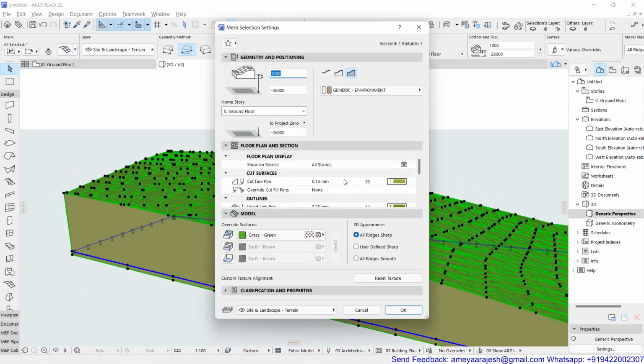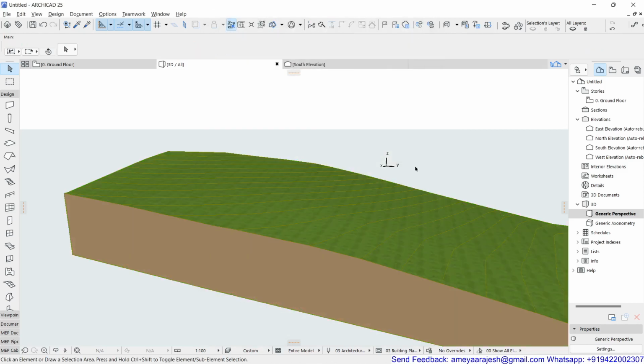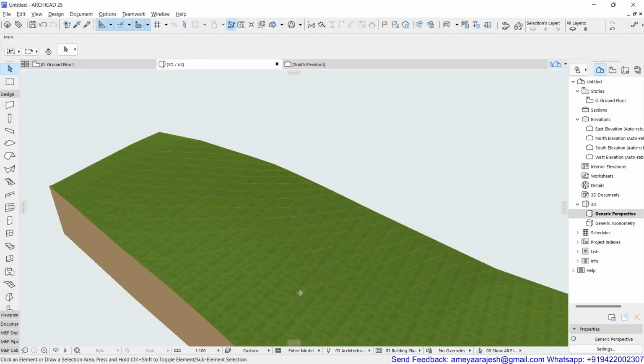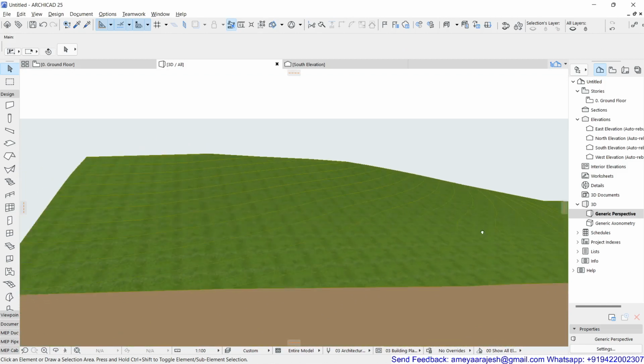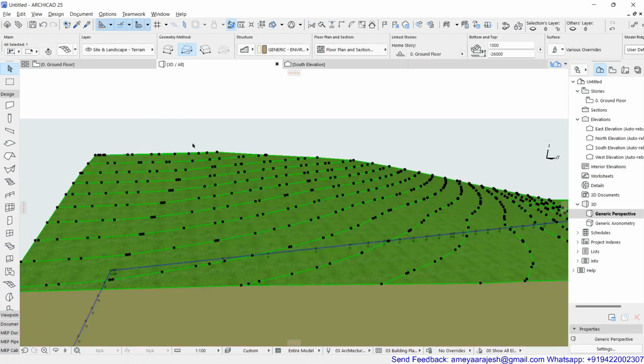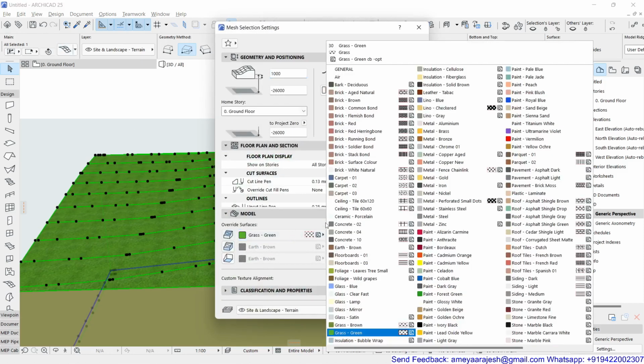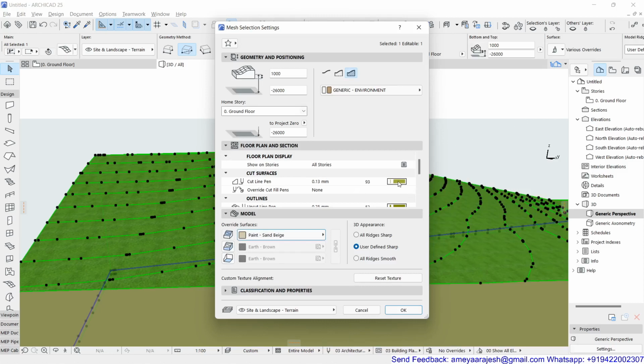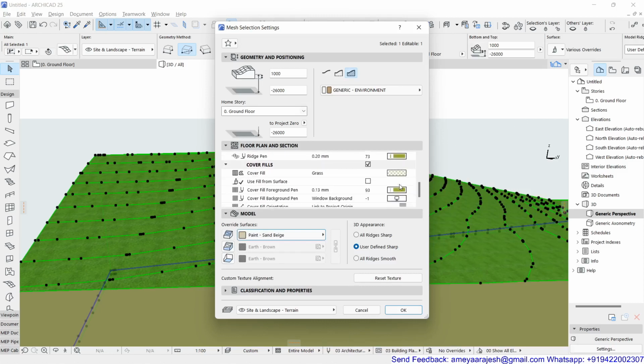Remember, you can definitely try to turn off the options for the 3D appearance. You can see user defined edges as sharp, and you can activate that particular option. Even the top surface material which you have, you can change, or the contour line pen numbers you can change and make it more readable, so that altogether you will get a better end product, or maybe an easier way to figure out your problems.